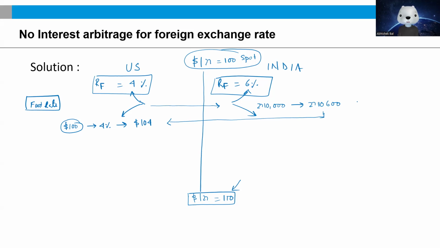And if I have to do it, all that I have to do is to divide this by 110. So if you divide this by 110, that is going to yield you $96.36. That means you will only be able to take home $96.36 out of this, which clearly tells you